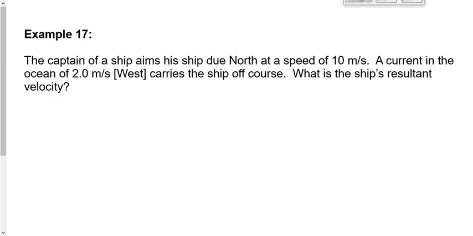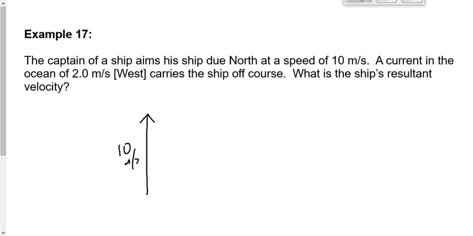Captain of a ship aims a ship due north at a speed of 10 meters per second. Okay, the captain of a ship aims his ship. Does the ship actually go north, or does this aiming of the ship just contribute to where the ship goes? That contributes. There could be other factors that also contribute to where the ship goes, right? This is one of them. That means that's going to be a solid line vector, right? So let's draw this as a solid line vector at 10 meters per second because it contributes to where the